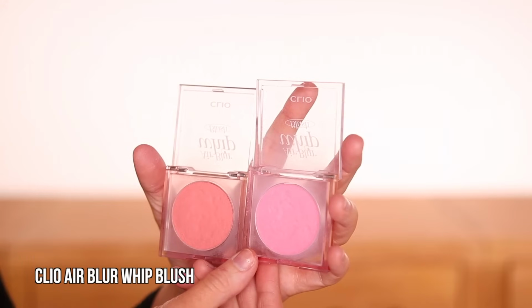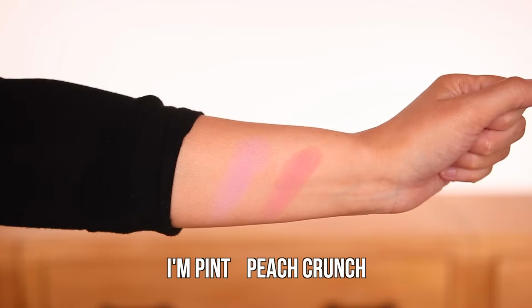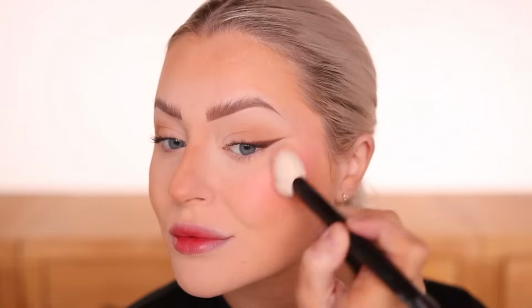And then I was just, you know, digging through the products they sent me, and wow, I fell in love with this formula. Of course, you knew I was gonna go for the blush. So this is the Air Blur Whip Blush. It is absolutely stunning. Every time I apply this, I feel like I'm just glowing from within, but my texture isn't enhanced. This is a product that you wanna use a dense brush with because it's not powdery at all. It's not going to be flying all over. Really get in there with your dense brush and build this up, and you can see just the beautiful glow